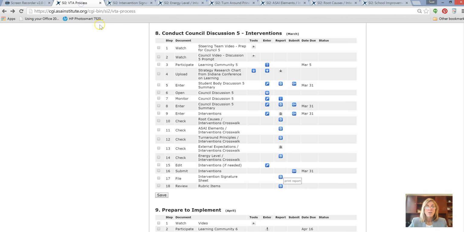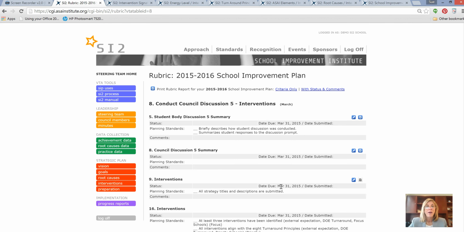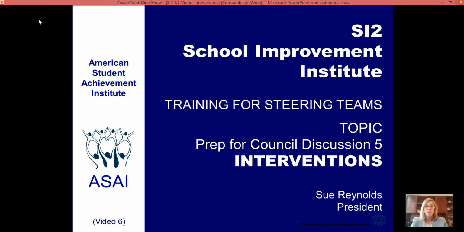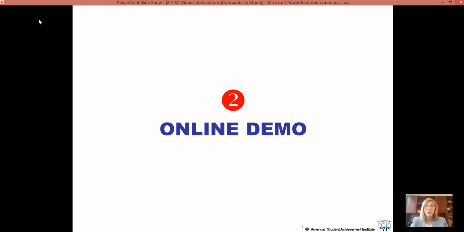Okay, and then of course the last item is the rubric items, and if you click on that one, that pops up for all the intervention section, and just make sure that you read this. This is what our staff is looking for when they read your work. So make sure that you're looking at that as well. So I think that's it. Just a couple of other things. I think I'm going to have to go back. Let me just go through these really fast again.